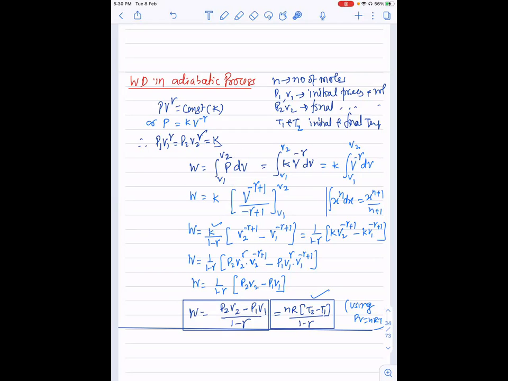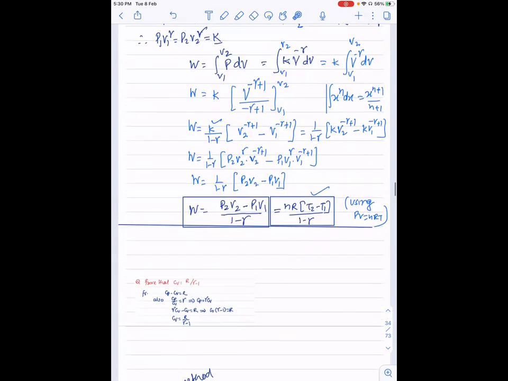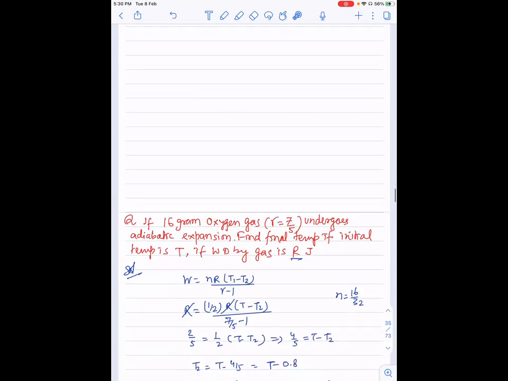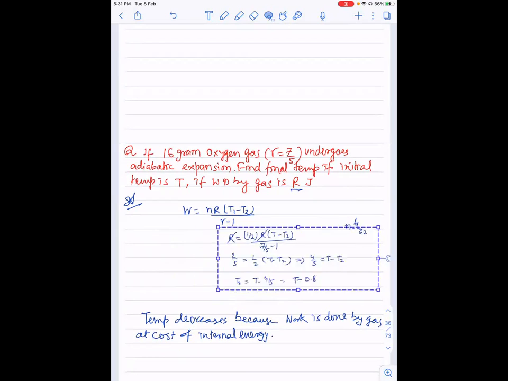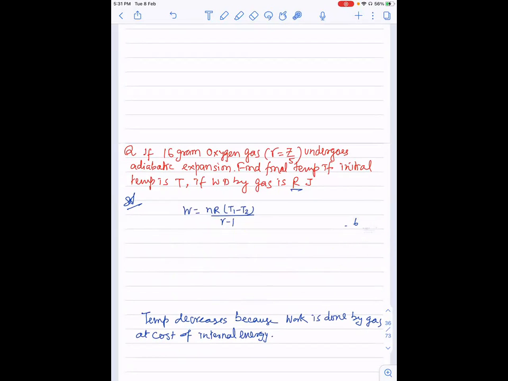तो इसका एक question भी करेंगे, देखो based on this formula। Here is the question, देखो. What is given, 16 gram of oxygen having gamma is equal to 7/5 undergoes adiabatic expansion. Find the final temperature if initial temperature is T, if work done by the gas is R joules. R क्या होगा,